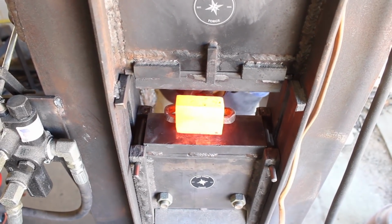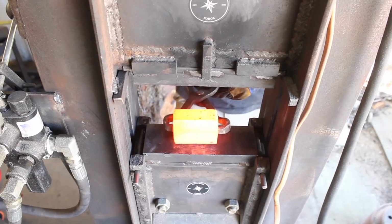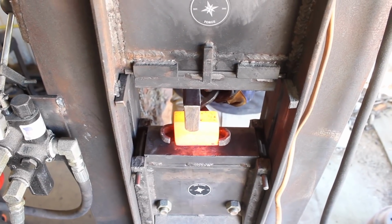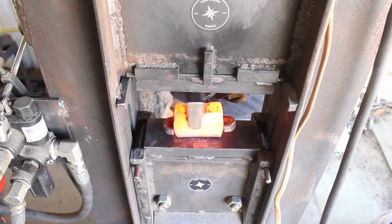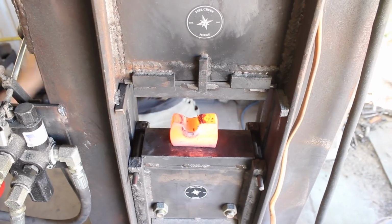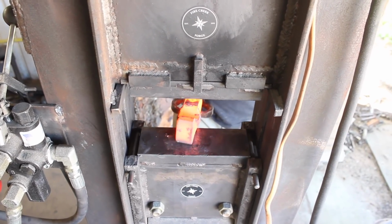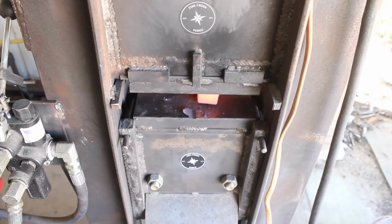Now the next thing I'm going to do is begin to form the bit coming off of the eye, and I had to think about this for a minute because, you know, if I was to punch the eye and then squish this steel down, create that much of a dimensional change, I think it would really mess up the eye. And so this actually worked really well, and I'm not sure how other people do it,